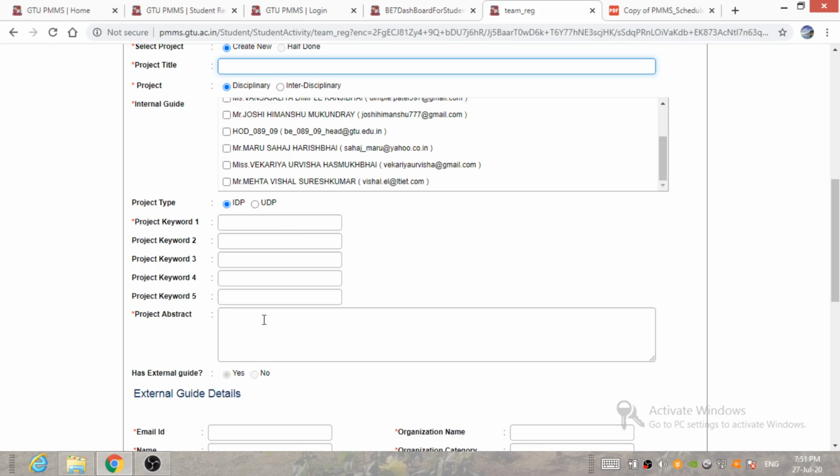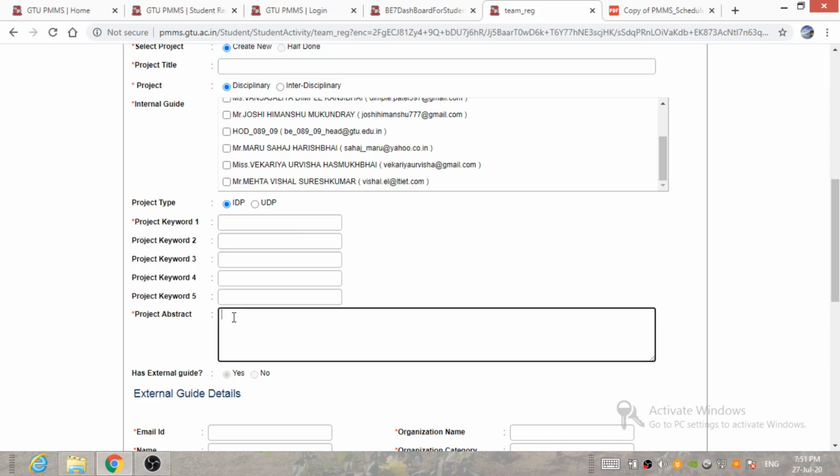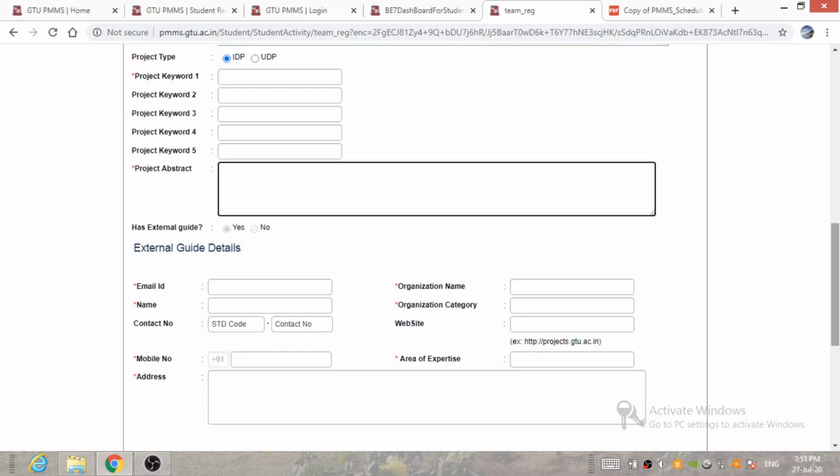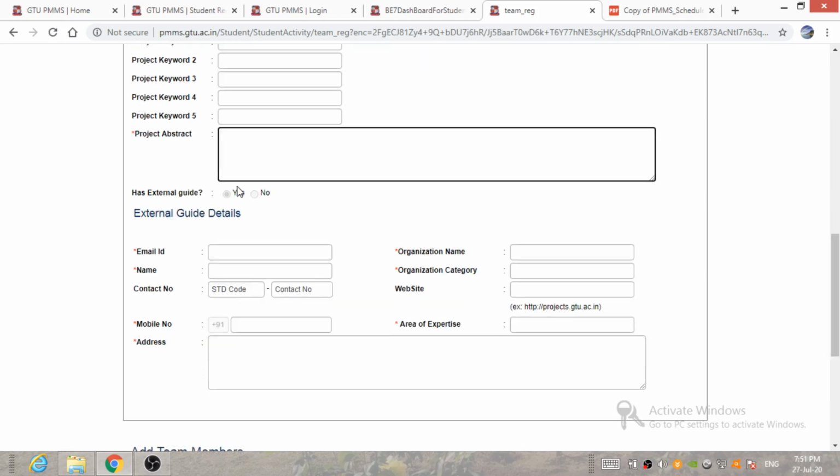After that, you have to write your project abstract, and then you will be asked if you have an external guide. If so, you have to enter the external guide details. If you do not have any external guide, simply click on no.